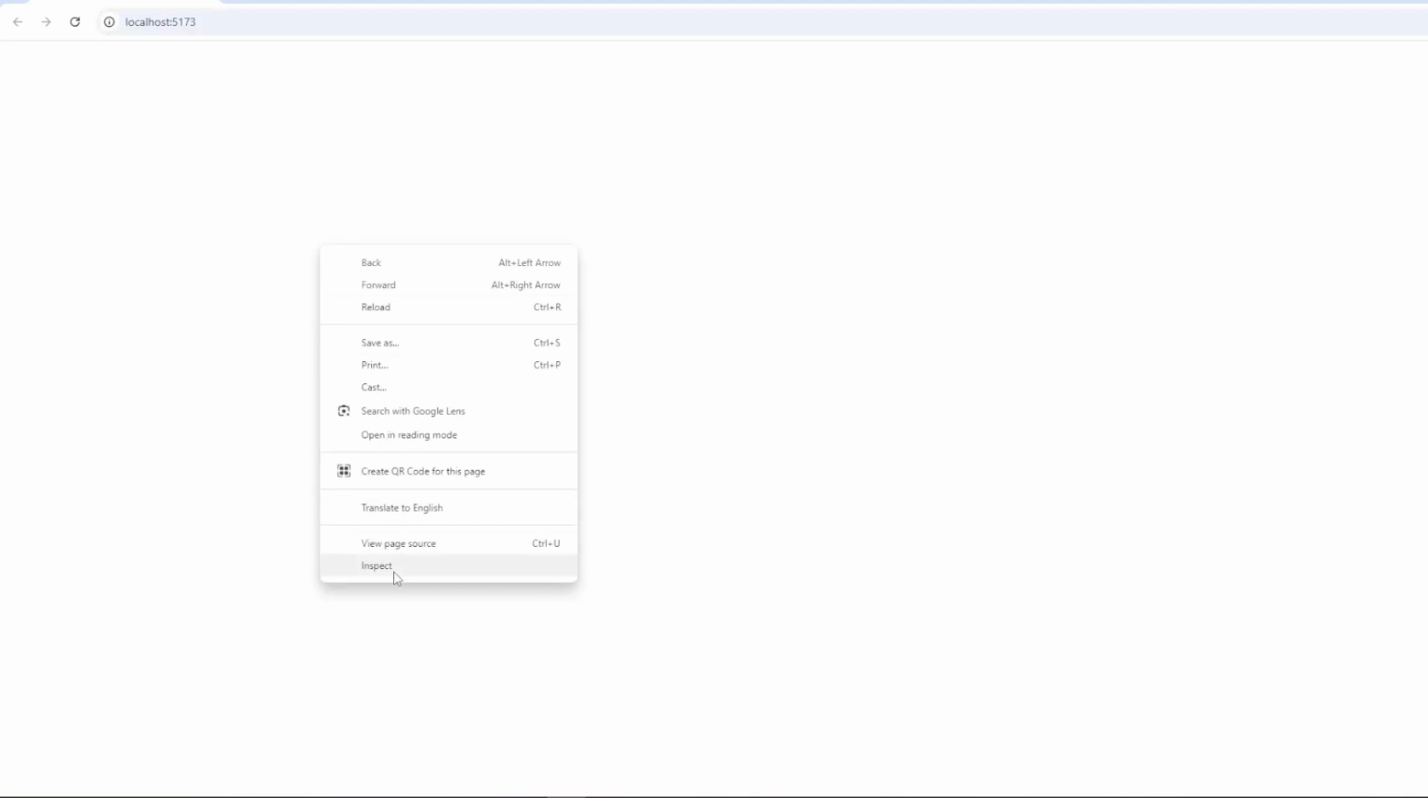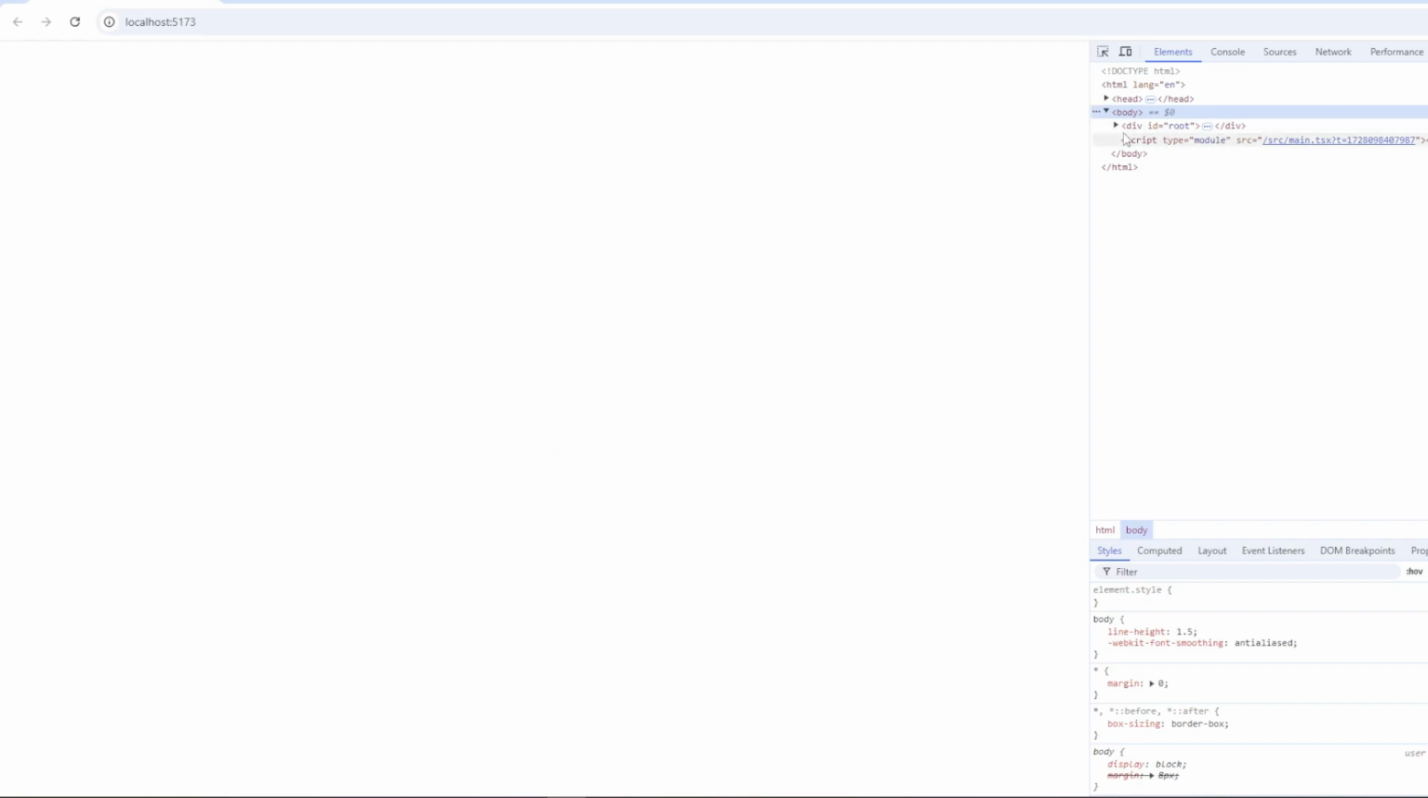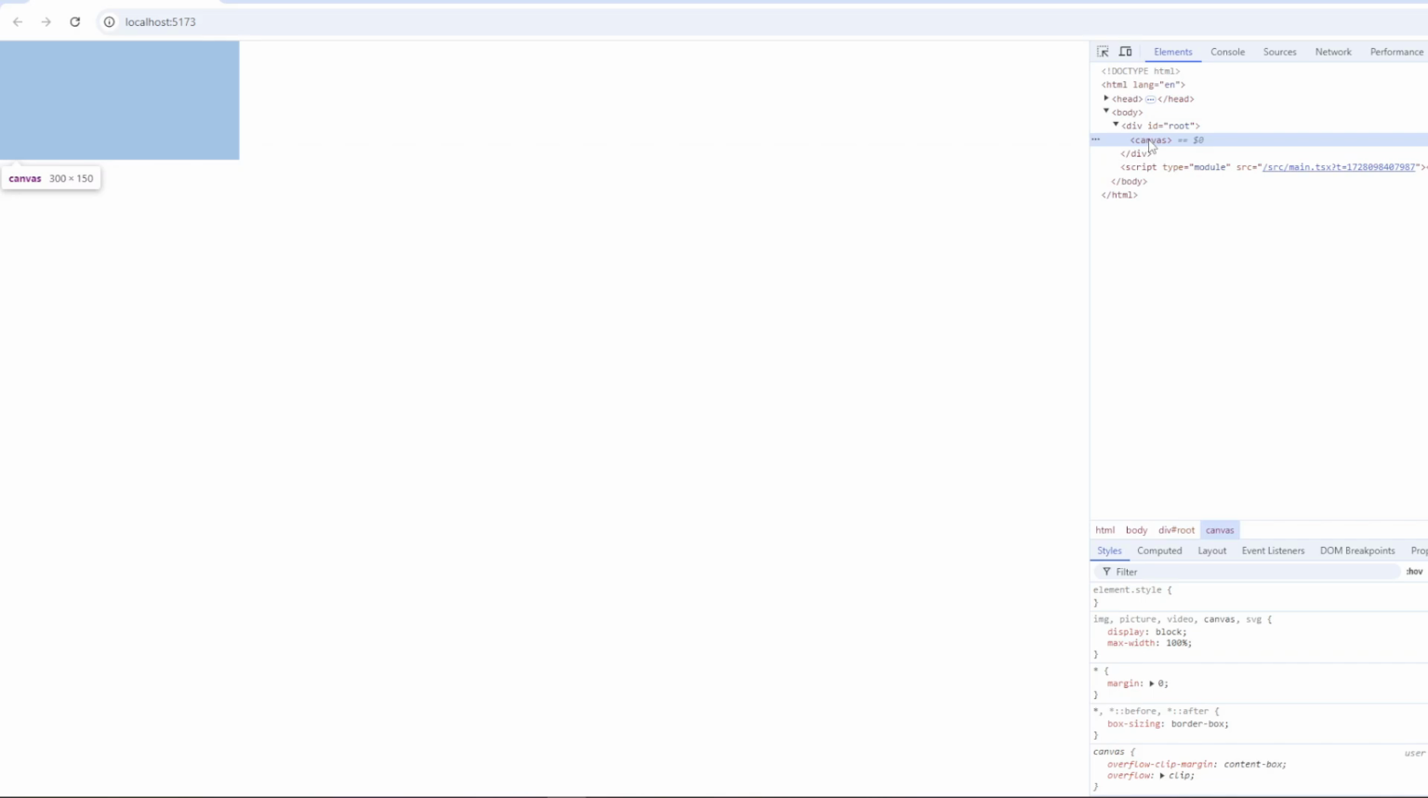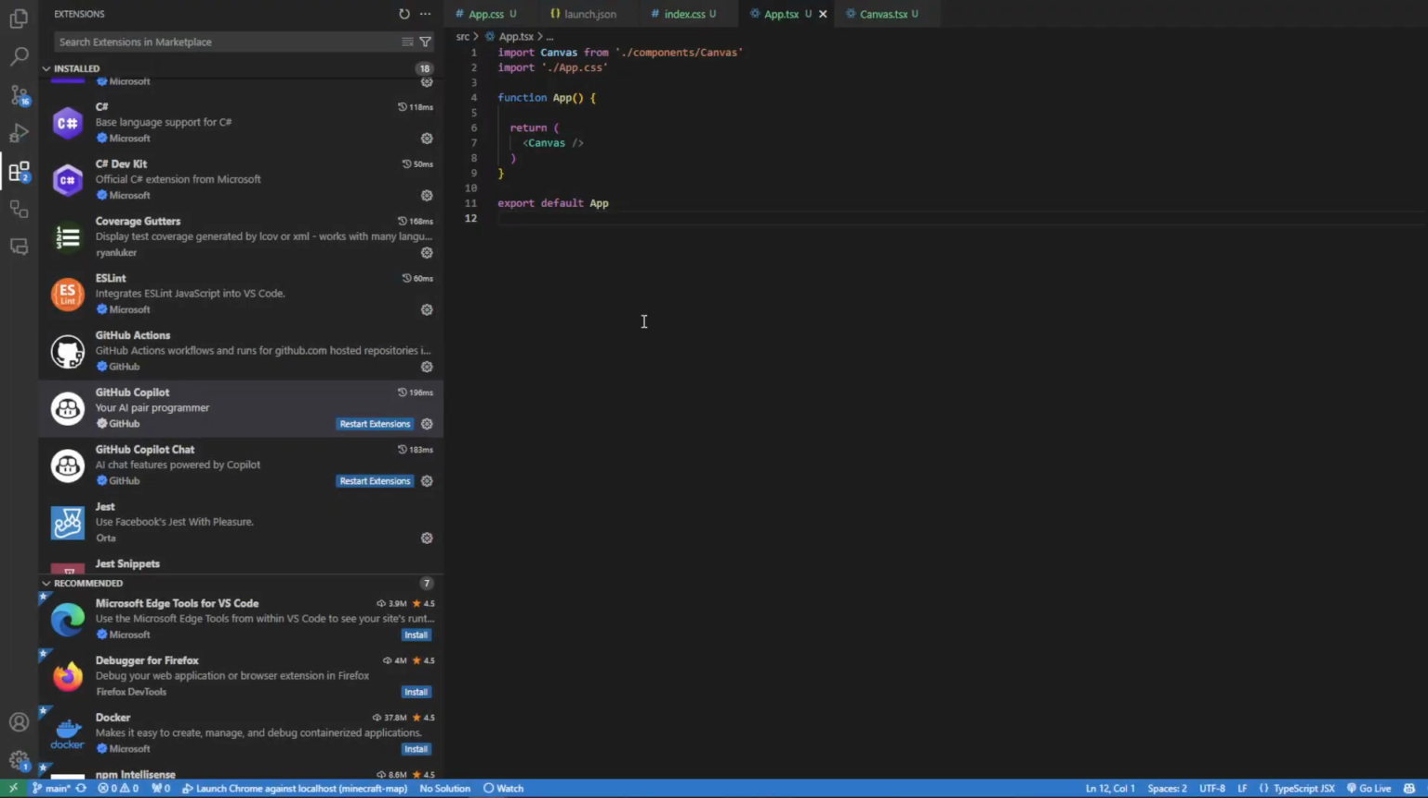Okay, so we're not going to see anything because with a canvas you can't really see it. If you go into our root, there's our canvas, a little tiny canvas, 300 by 150. Really cool. Okay, so the next thing I want to do, because of the way a canvas works, it uses what's